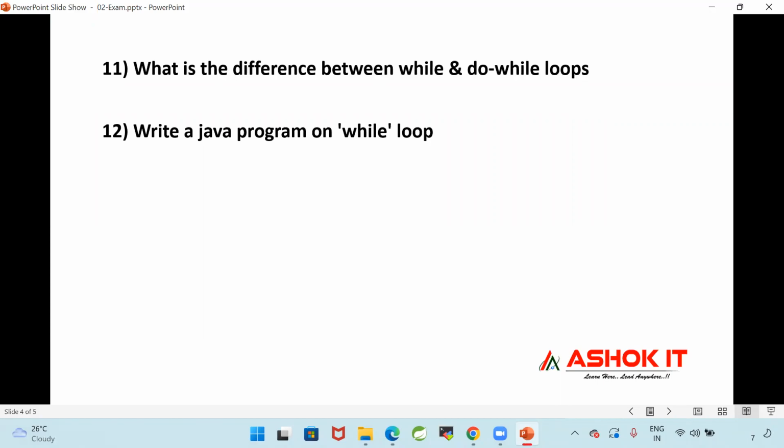Try with different scenarios. Write a Java program on while loop.